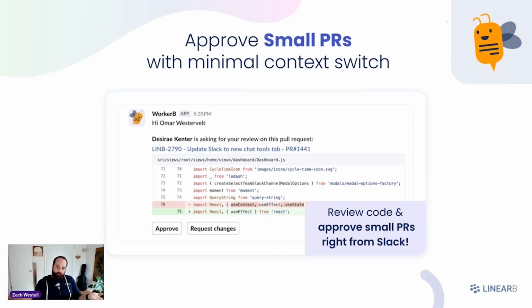So other things you can do with Worker V, it's not just there to remind you of goals. You're able to approve small PRs with minimal context switching. Right from Slack, you can see a small PR come in. And when we say small PRs, we mean less than 5 lines of code. You can review them directly in Slack, approve them, and it lets the PR issuer know, hey, this was approved. Great, go merge it in the time it takes to prepare a cup of coffee, probably less, directly from Slack,